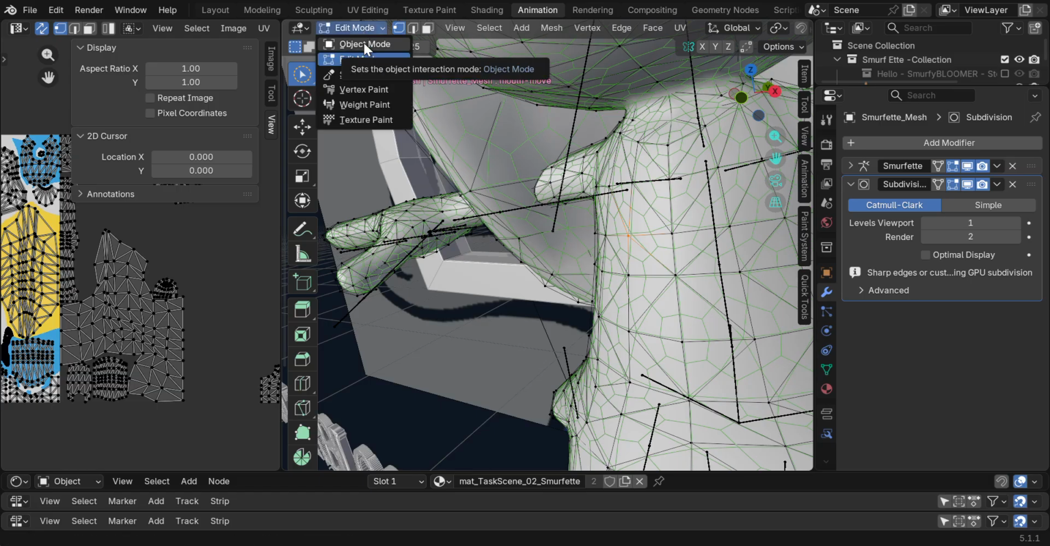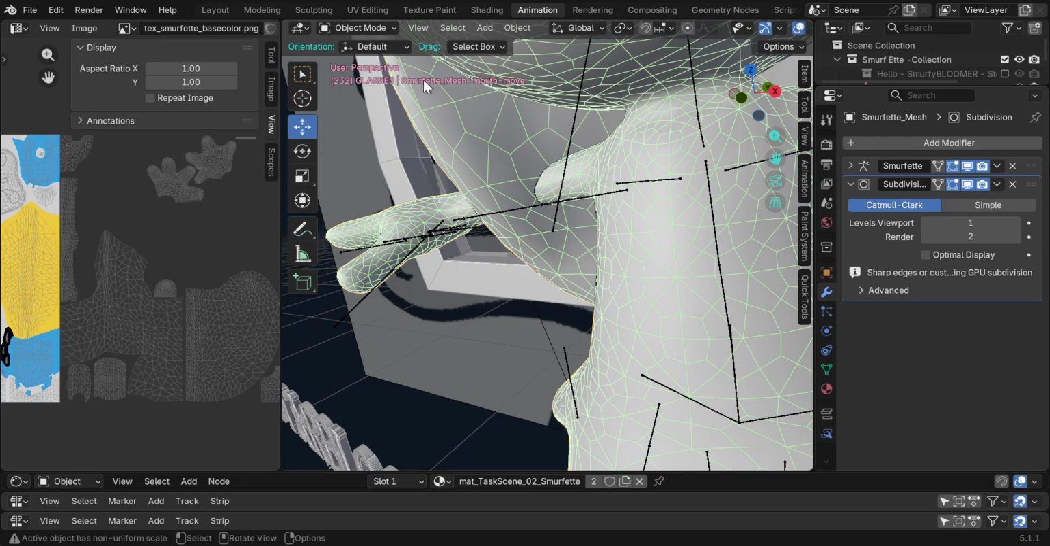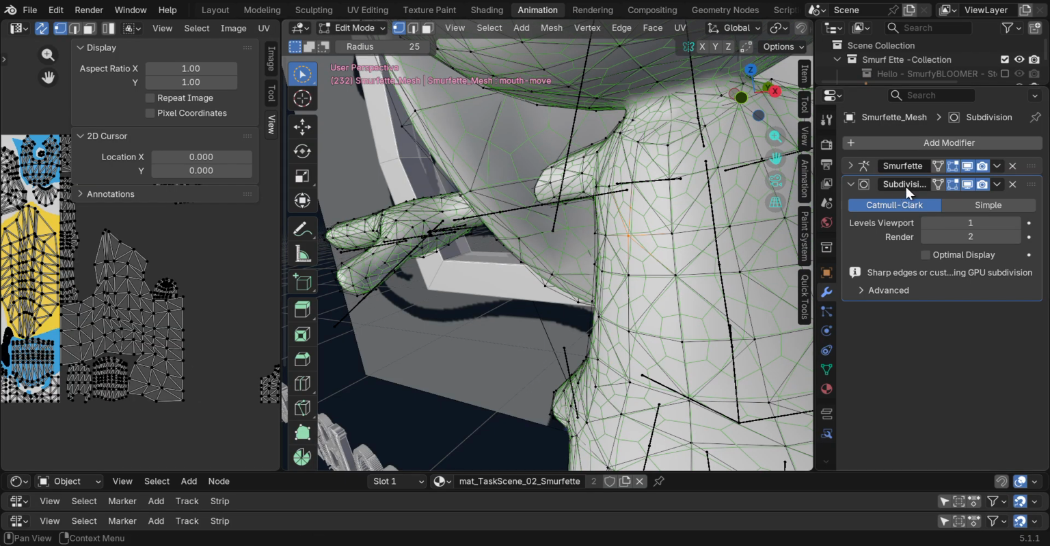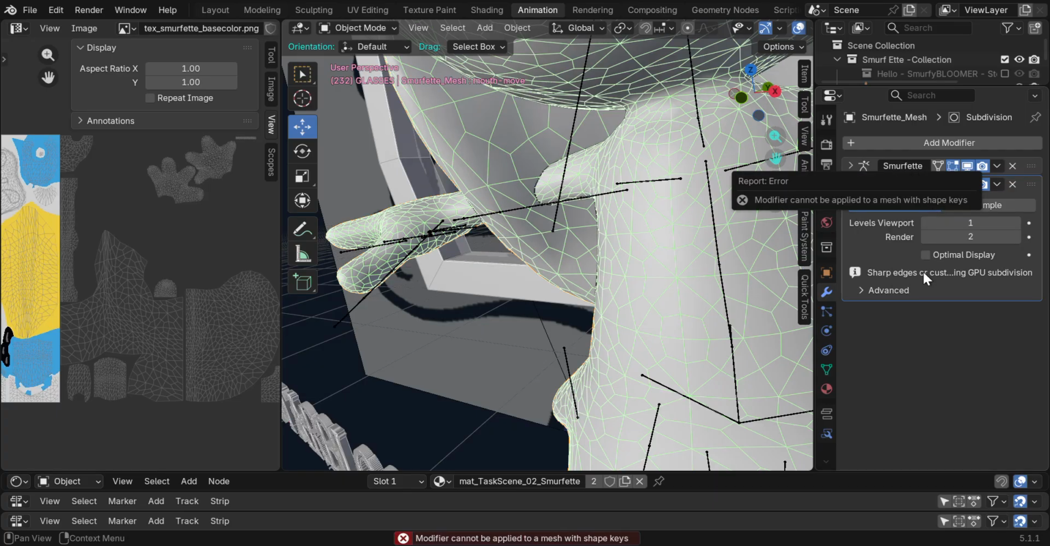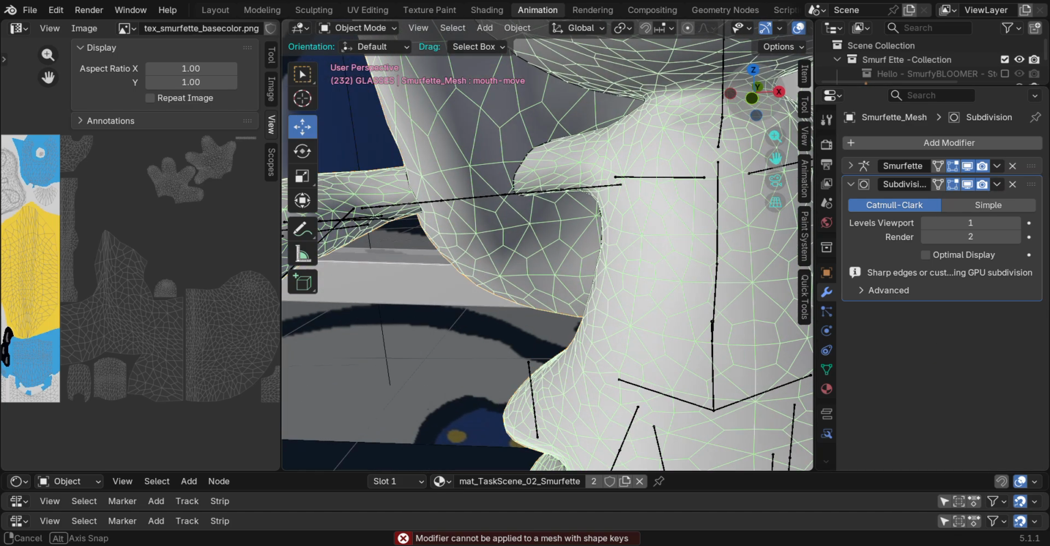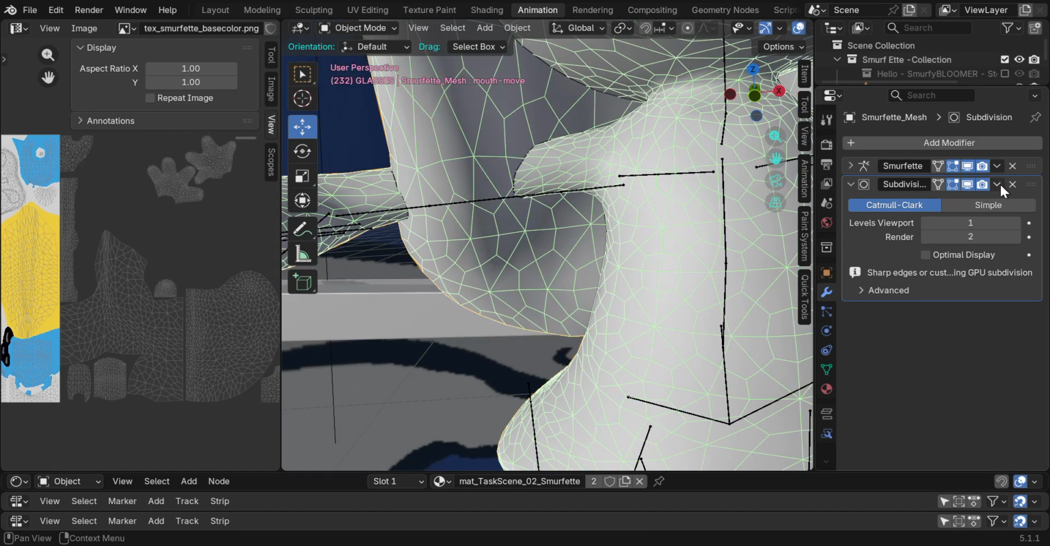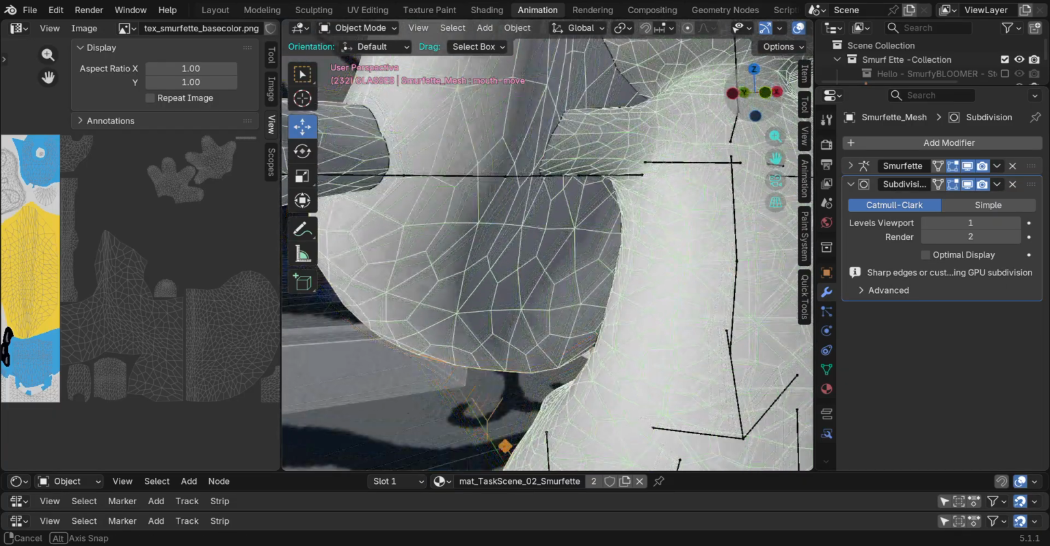So you go edit mode, and then you can't apply the subdivision modifier in edit mode. You have to tab back to object mode, and then you can apply it, which I'll do, show you. Oh, it can't be applied with key shapes. So she's got key shapes on her mouth, so I'm not going to bother adding her. But if you come in here, you can apply her. You can delete your key shapes, and then you'll have to reanimate what you have. But I'm showing you that you can